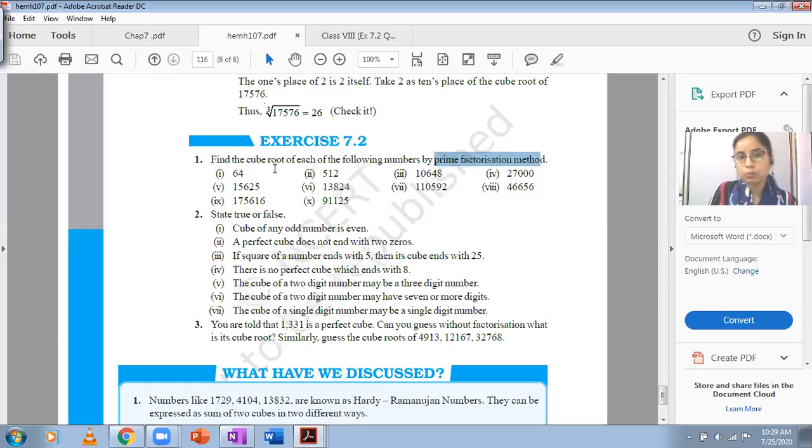So be careful. In case of cube root, there are two methods. Either you will be asked to find out the cube root by prime factorization, or you can be asked to use the estimation method. If you look at the last question, if you read these words, similarly guess the cube roots. So guessing the cube root would mean estimate. It could either be the word guess the cube root, or it could be estimate. So you can just write down for yourself. In this question, we are going to use estimation. In question number 3, we will use estimation to find out the cube roots of the given numbers.